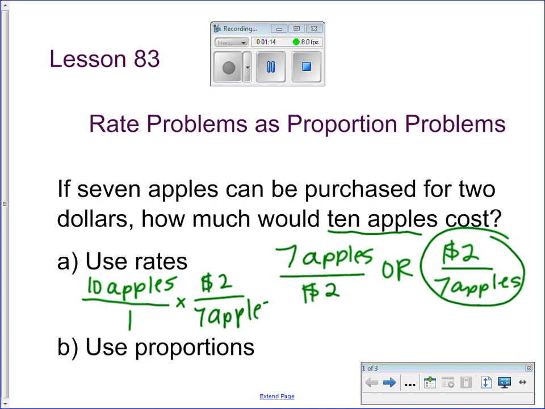If you do it the other way, you'll get your answer in the denominator and it'll mess you up, so don't do that. Can't have it in the denominator. So apples cancels with apples. You do have to use words when you do the rates. And then we get 10 times 2, so 20, over 7, and this is dollars. It'd be weird if we said 27 dollars, right? So we're going to actually divide that, $20